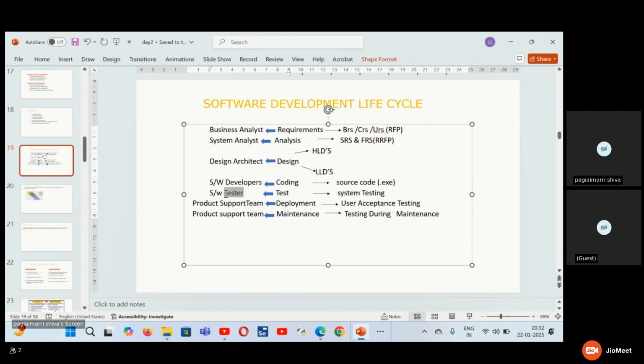In the design part, the design architect will design the high level and low level documents. Yesterday I showed you the